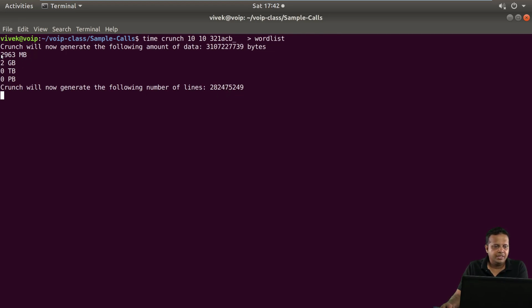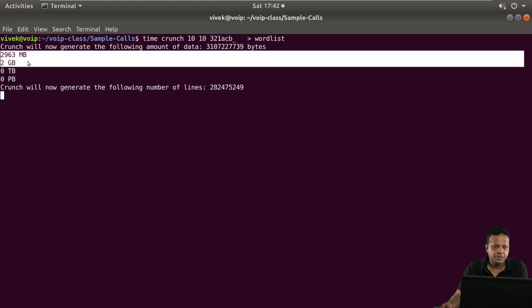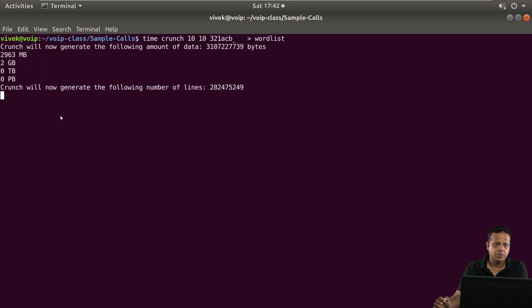And you can see roughly the size is going to be around 2 gigs. So let's wait for this. Once Crunch generates the word list, we'll use the word list along with a tool called sipcrack to crack these hashes. Now, of course, we also need the hash from the PCAP in a format which sipcrack can actually use. So the way to do that,